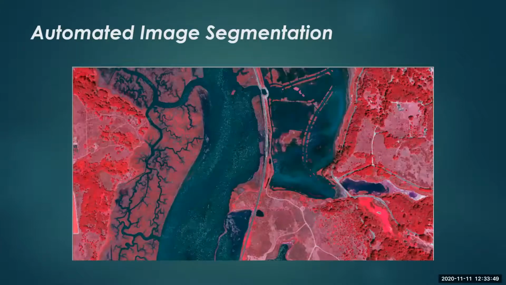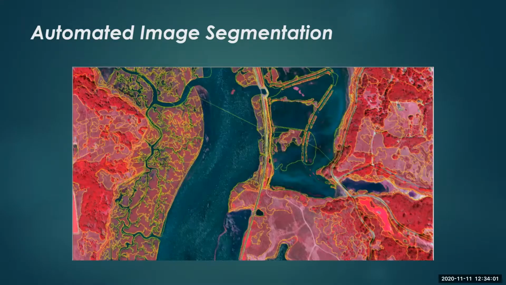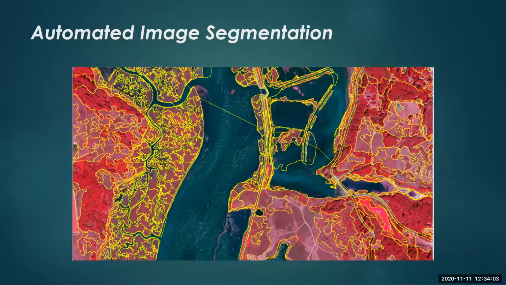Then the next step is image segmentation. This is automated image segmentation. This is the Elkhorn Slough area again. We've zoomed in to the slough itself and some of the wetlands and uplands, and we do automated image segmentation. So instead of having the human photo interpreter delineate the different vegetation types on the imagery, we do this in an automated fashion. We're using eCognition software to do this. It's a little bit expensive, but it is the best. But ESRI and other companies also have segmentation algorithms that you can use to segment your image.